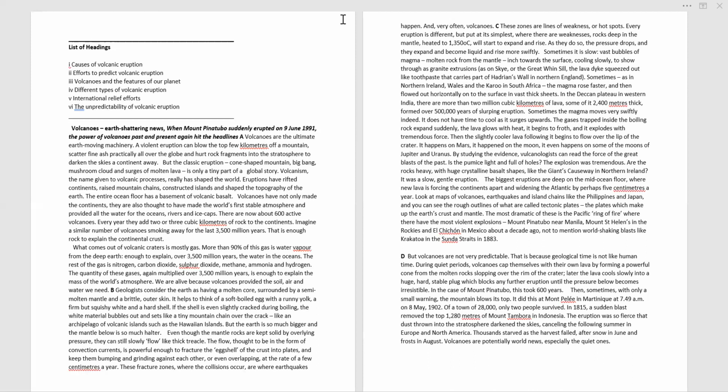Ma'am, I can't really decide what is for A. What is for passage A? Yeah, I really can't decide. I did B as number 3, volcanoes and the features of our planet. What do you mention for the B? Number 3, volcanoes and the features of our planet. For B, this is not right. Basically, this one is of some other option. So just reassess one, then you will be able to decide better.